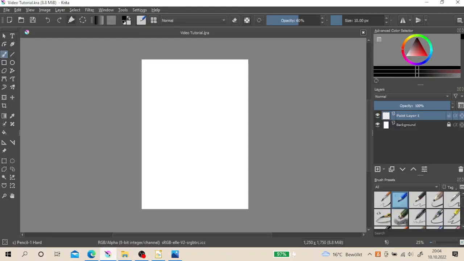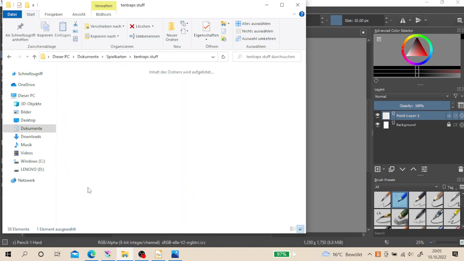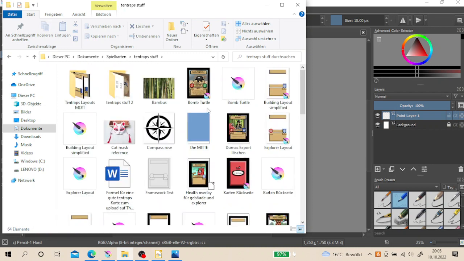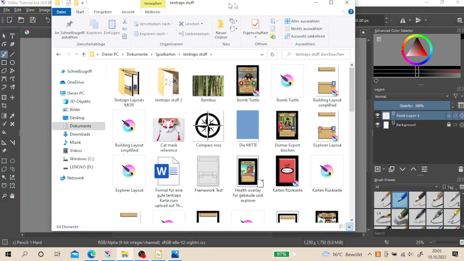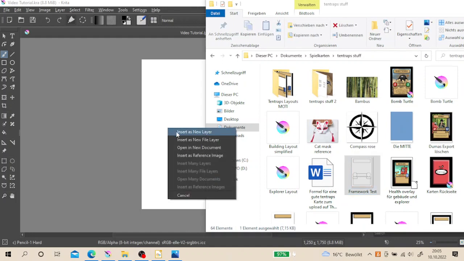And then you can go and open a Krita document of the same size measurements. I use 1250 times 1750 pixels here at a resolution of 100 dots per inch. So then you can just drag and drop. If we go to the folder here, it's a mess, I know, but we have our JPEG file here,